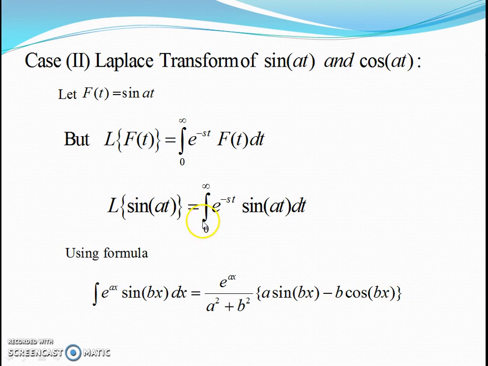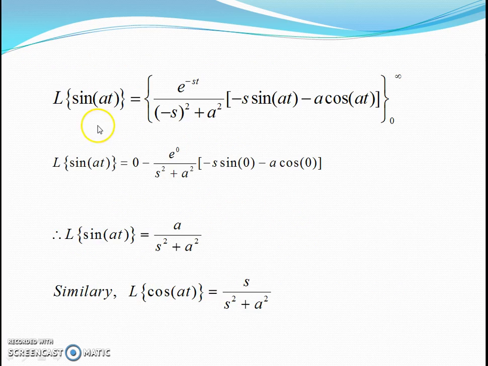By this formula, the value of the integration with respect to t is Laplace of sin at equal to e raised to minus st upon s square plus a square, into bracket minus s sin at minus a cos at, when t runs from 0 to infinity. After putting the limits in the right hand side, we get Laplace of sin at equal to